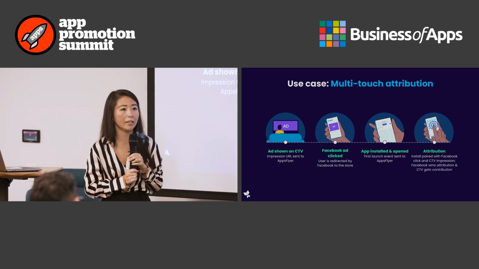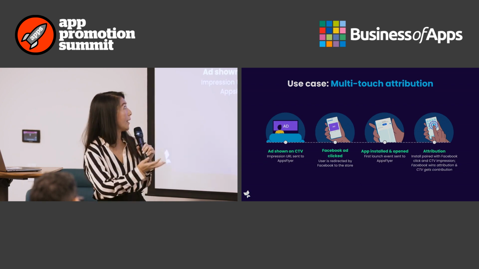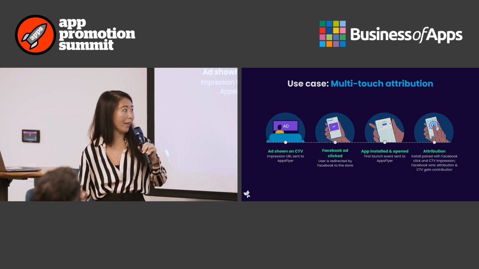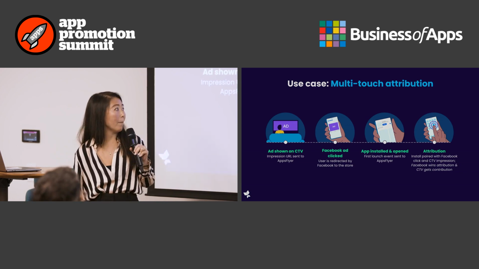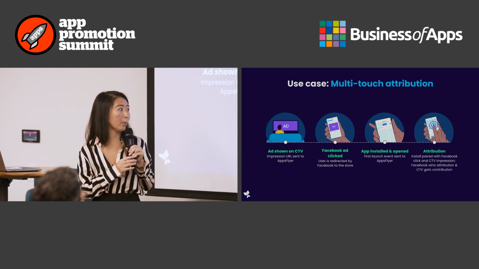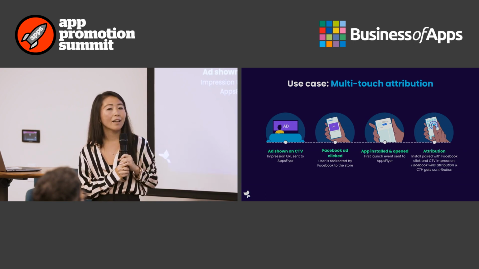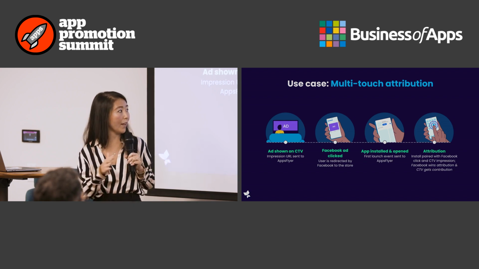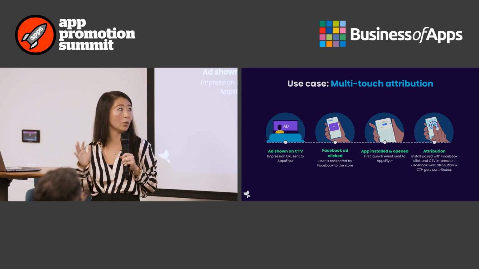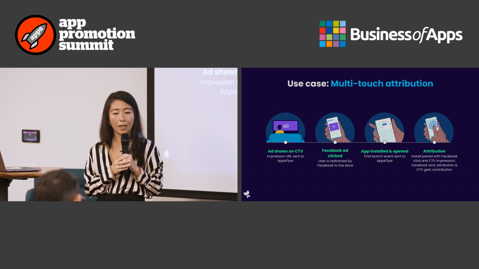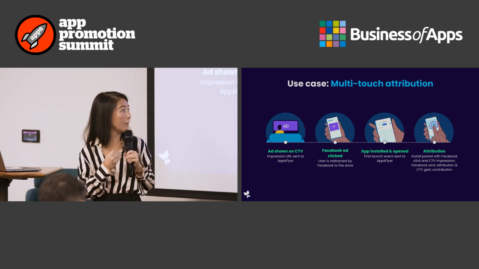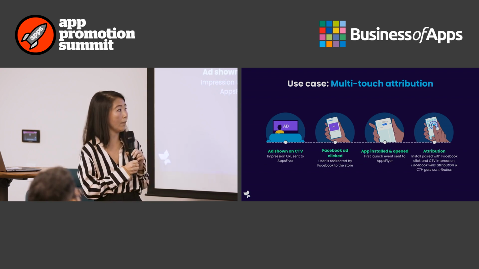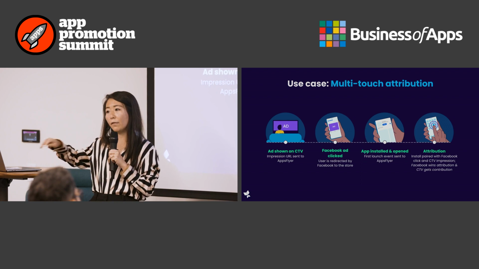Another use case is multi-touch attribution. Let's say you see the same campaign on the CTV ad, but then the doorbell rings because you got your food delivery for dinner. Let's say you forget to download the app and then you're perusing Facebook and then you see the ad. At that point, you click, download, and launch and install the app and do all the events. And all of those events will be tied back to the Facebook ad since that's the most recent engagement. However, you can go one level deeper and go back upstream and understand that this user also engaged with this CTV ad. So this gives you that level of visibility.